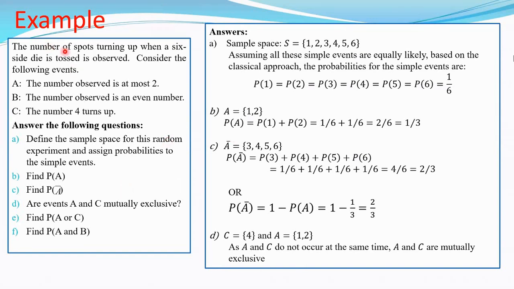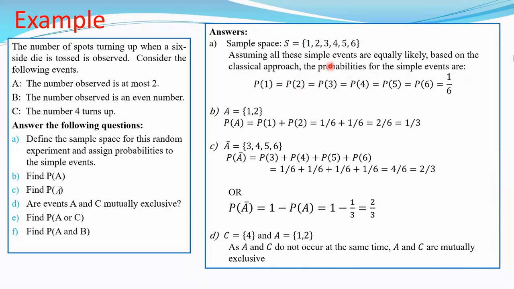So we know that this is a very simple example. The sample space is 1, 2, 3, 4, 5, 6, right? Assuming all these simple events are equally likely. Otherwise, we cannot assign the probabilities for those simple events. So here we make an assumption. It is a die, so here the classical approach we can apply. We assume that all simple events are equally likely. Then based on this classical approach, the probabilities for the simple events are each and